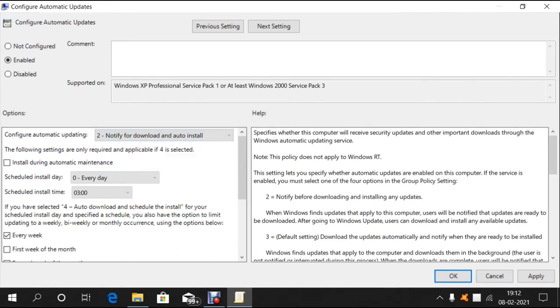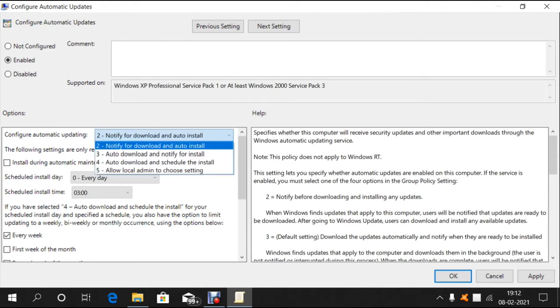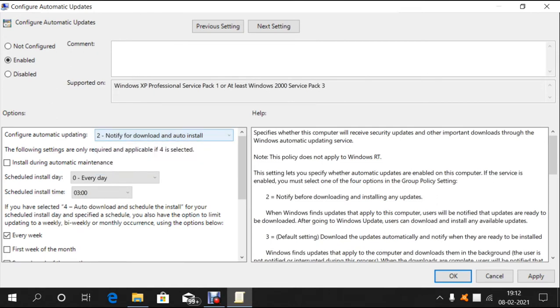If you want to avoid the automatic download, then the best option is the second option, that is notify for download and auto install.